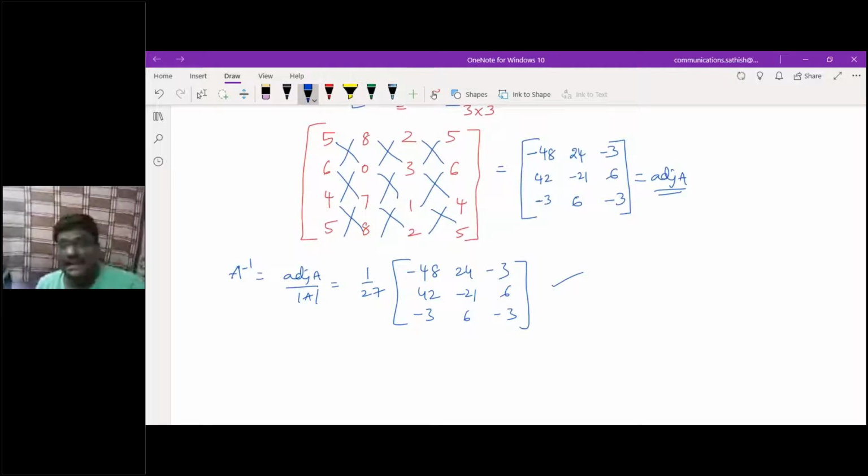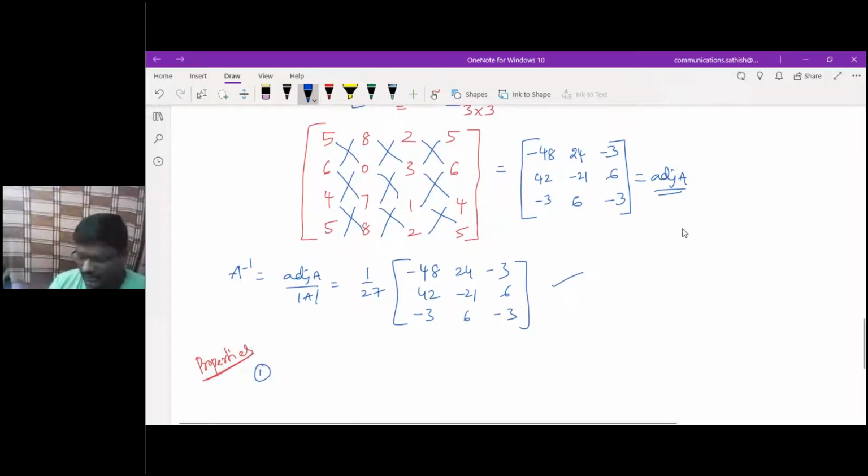That is how you have to calculate the inverse of a matrix from the given matrix. Clear? Is there any doubt? I hope all of you understood this criteria. Am I correct? Yes, sir. Now let me give you some properties of the inverse as well as the adjoint of a matrix.